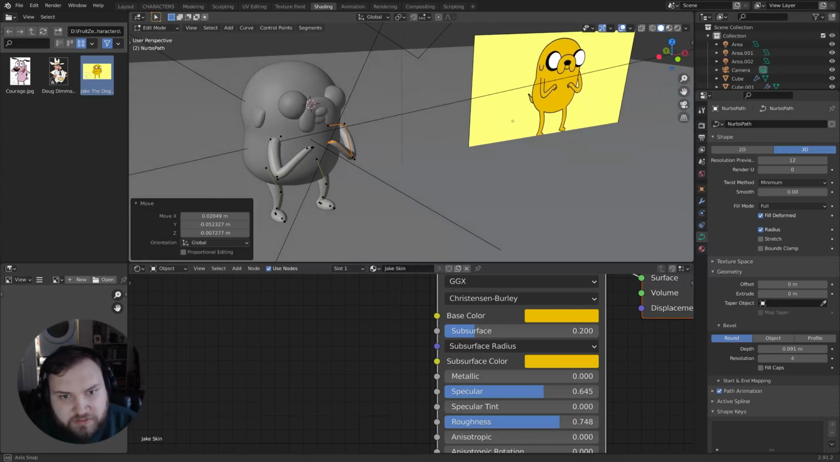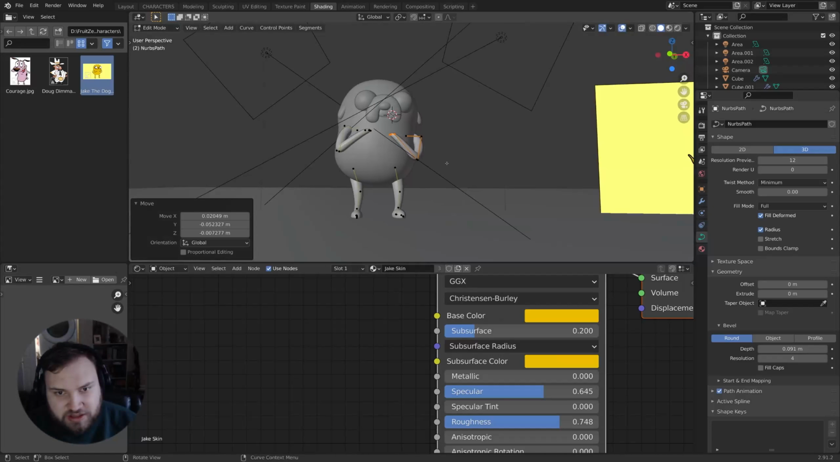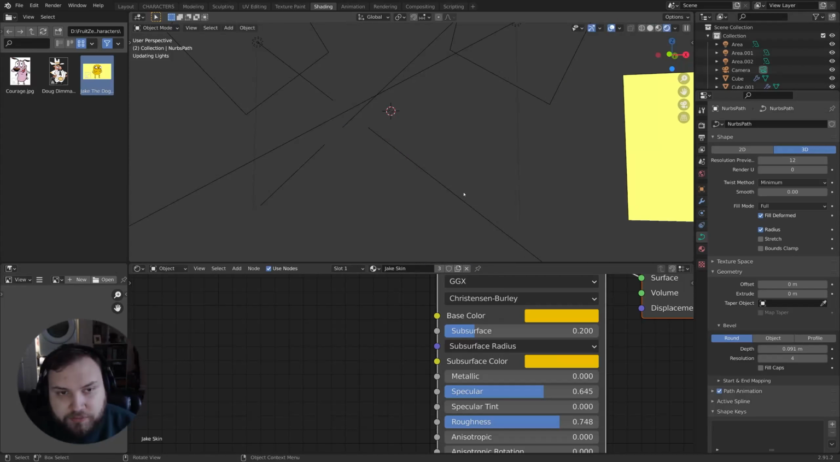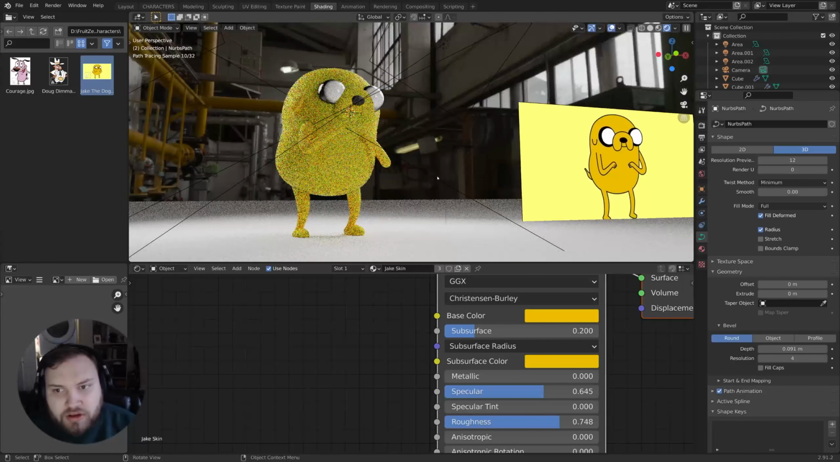He looks like he's about to fight someone here in mine, but he just looks so cute over there. I don't know why mine's looking different. That's okay. Alright, we're getting somewhere. Let's do